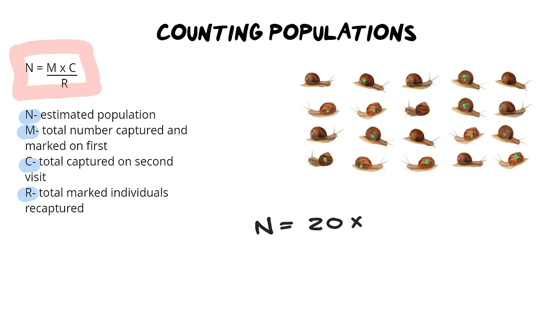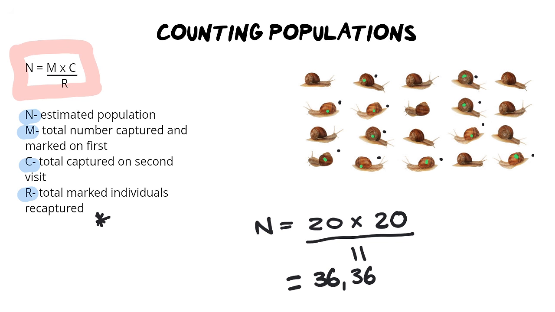What I need to do is I need to again count the total population that I've caught the second time around. So the second time around, I still caught 20, but now we need to divide this number by how many individuals were already recaptured. So let's actually just count. We've got 1, 2, 3, 4, 5, 6, 7, 8, 9, 10, 11 snails that were already marked, which means that I've counted them actually for the second time. Now what you need to do is take this and calculate it in your calculator. Now this gives us a population of